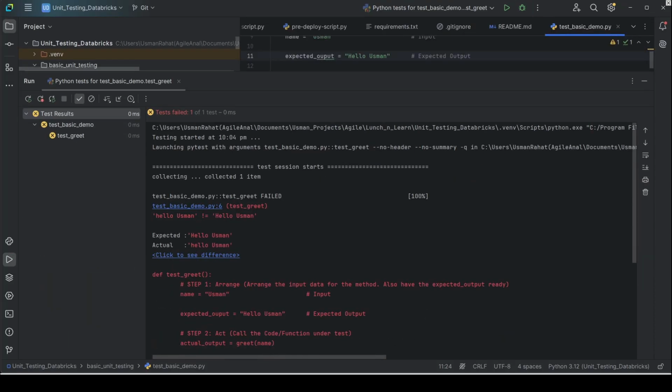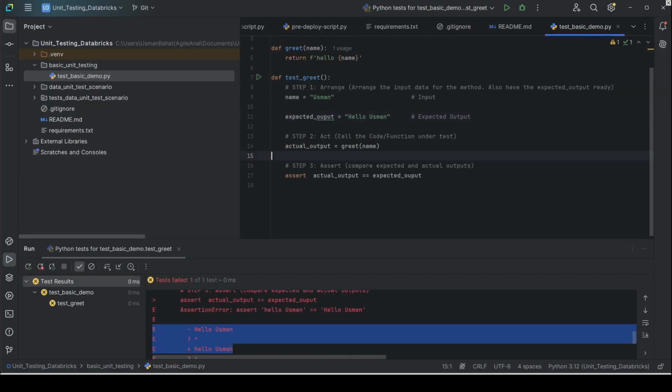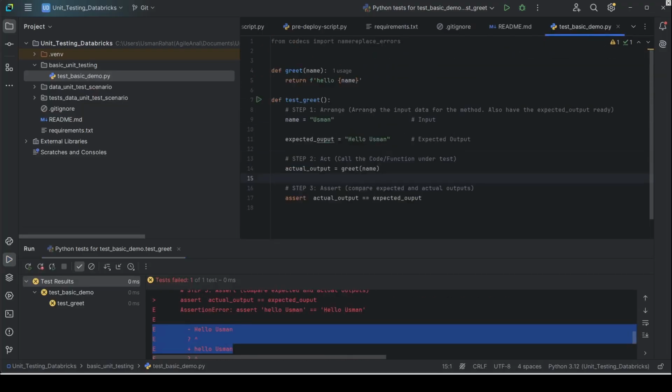But let's just say instead of my expectation being hello but with a capital H, the test would fail because these two strings are not equal, right? Now you would say that's a very trivial unit test, and I agree. So in a later part of the video, I'll show a very realistic